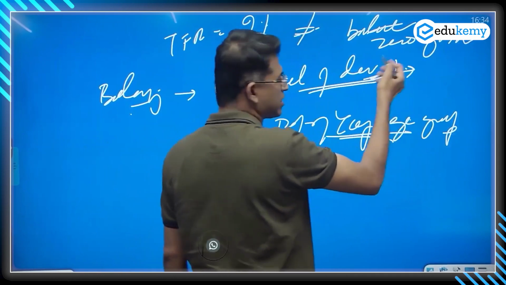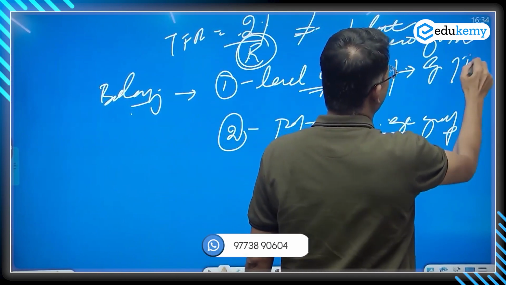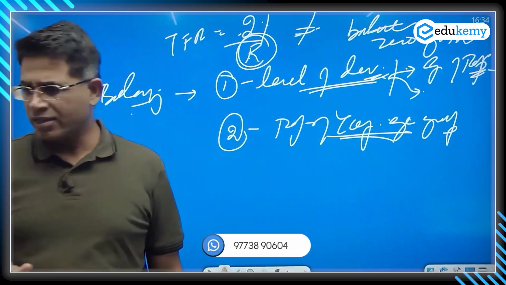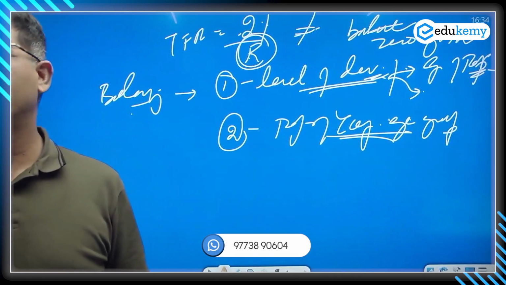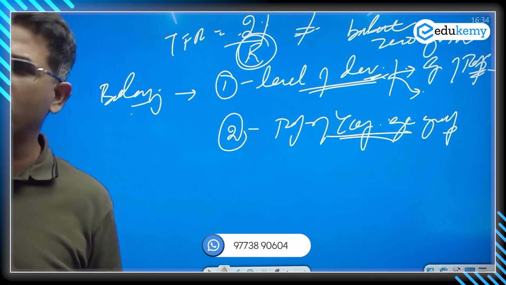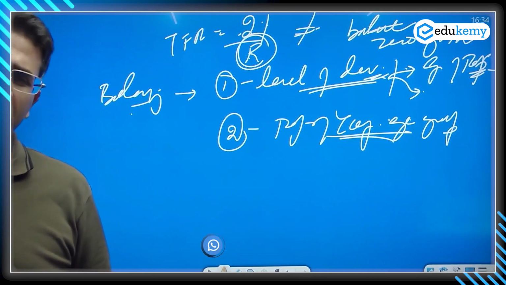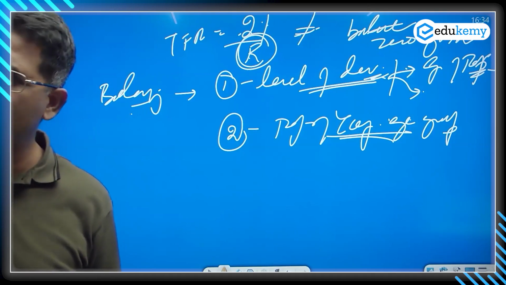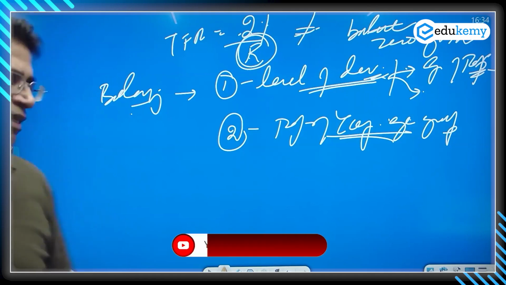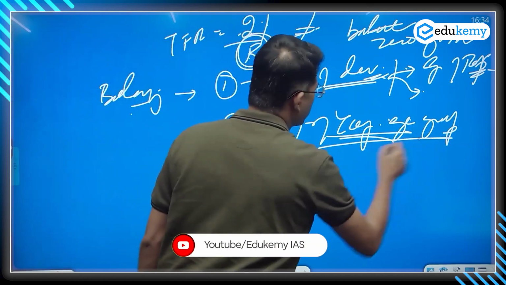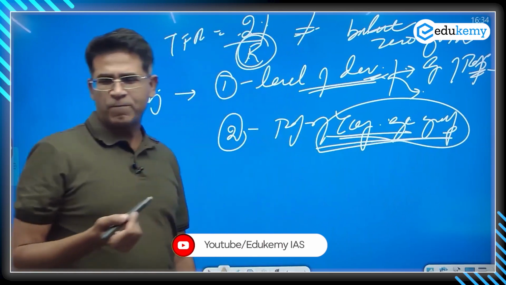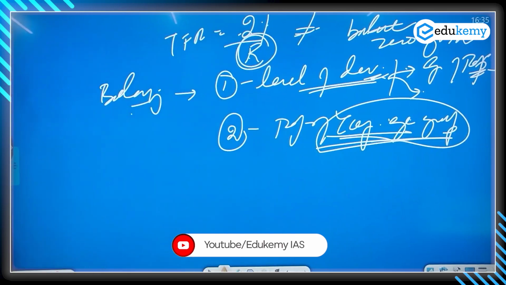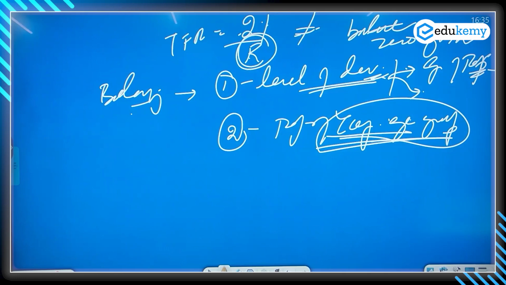Why? Number one, I said this balancing zero growth depends on the level of development. This is related to the size of population. It is related to the type of society it is. Is it a very advanced society or is it a less developed society? Nigeria ka TFR, for replacement काफी ऊंचा होगा, high होगा, because they have got higher growth rates. Second, the young population का proportion कितना है? If the base is large, even if there is TFR 2.1 replacement, will not necessarily mean immediate stabilization. It will take time.